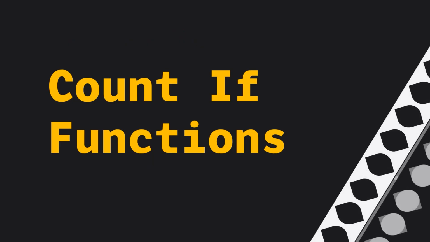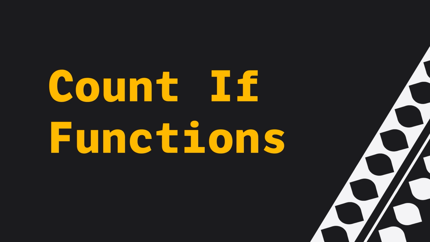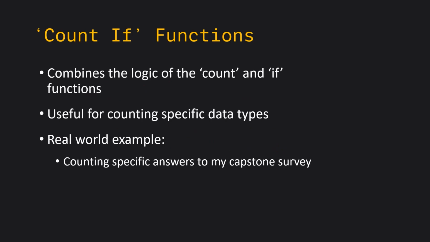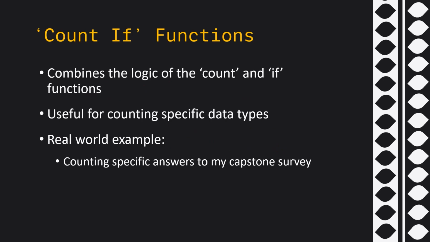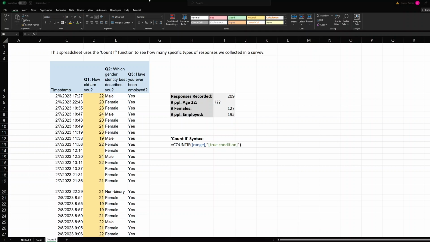Now, moving on to an Excel function that I use all the time when I do survey research, the COUNTIF function. As the name suggests, the COUNTIF function combines the logic of both the count and the if functions. It works by providing a count of cells that contain a specific condition that you are looking for. So if we use the same data set as in the last example, let's say instead of counting how many responses we received under the age question, we instead want to know how many of our respondents are 22 years